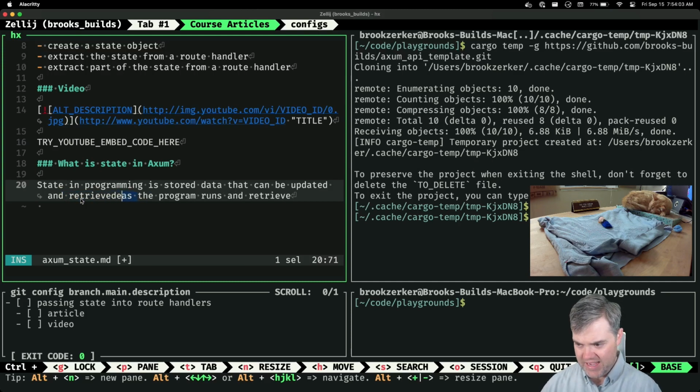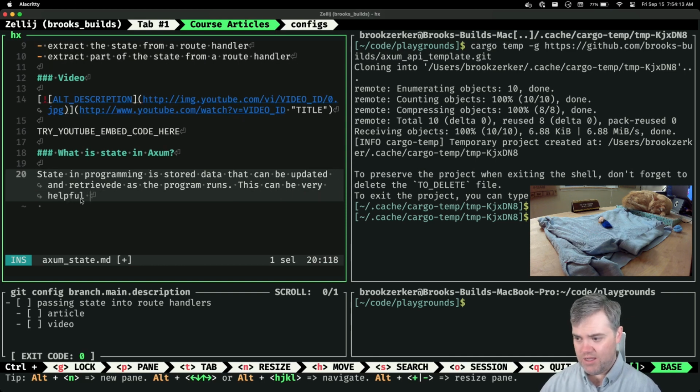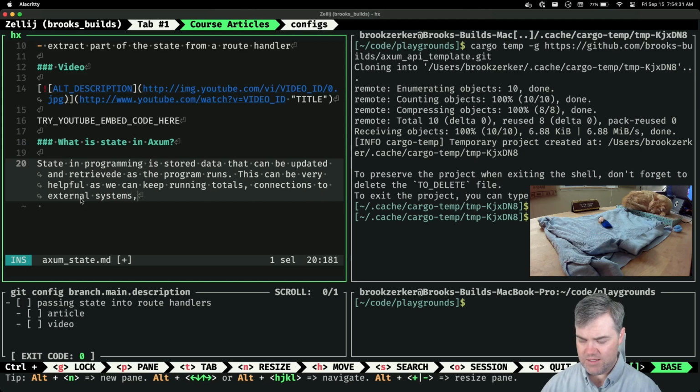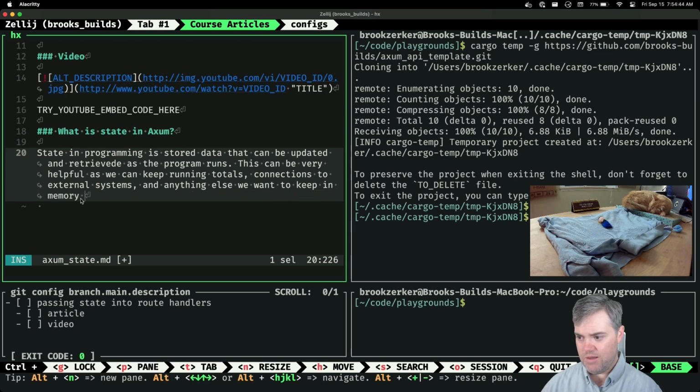This can be very helpful as we can keep running totals, connections to external systems, and anything else we want to keep in memory but not put in a database.